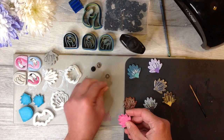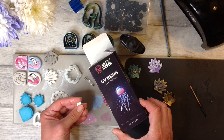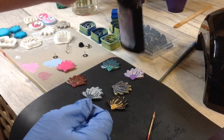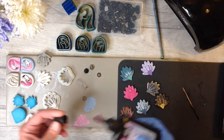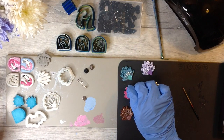For a long time I never used any resin, but I thought I'd get myself some and give it a go, and I do now really like it. Just make sure you take all the health precautions and keep yourself safe in a well ventilated room and wear a mask. I have the UV resin, and this is fairly quick, so I put a dot on the back